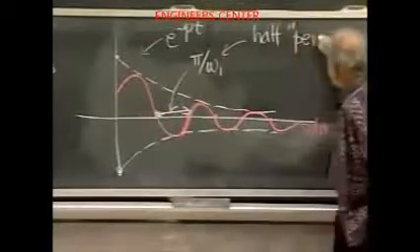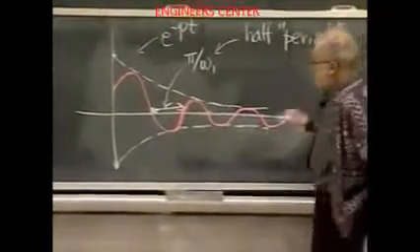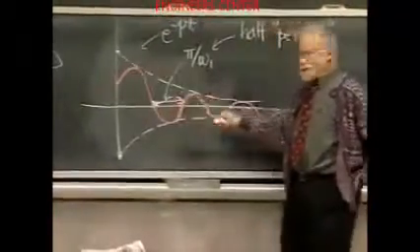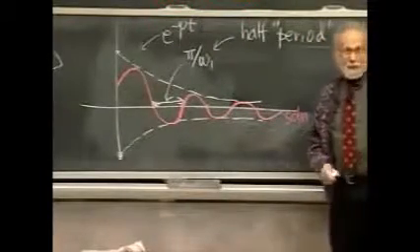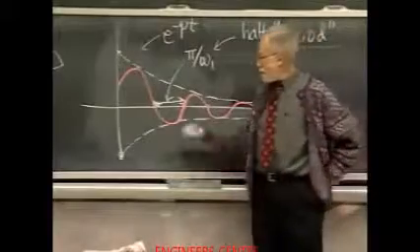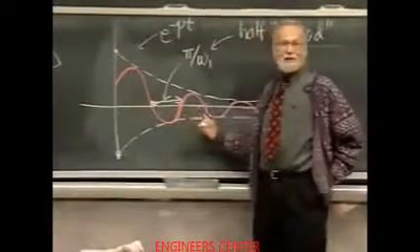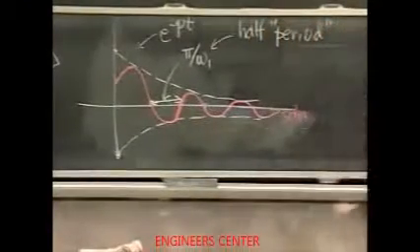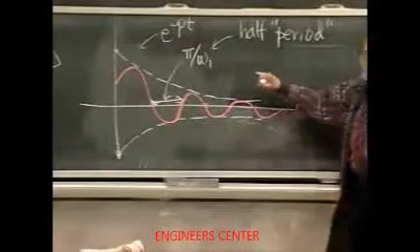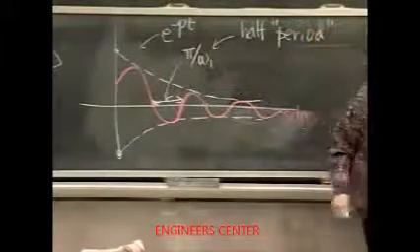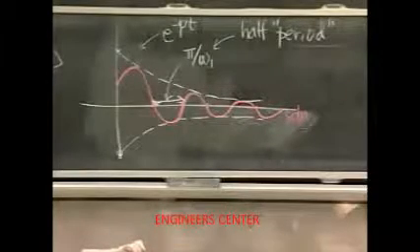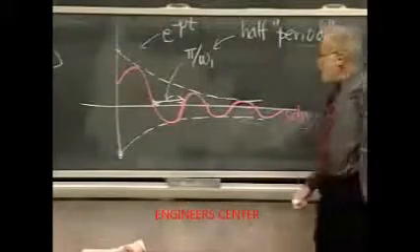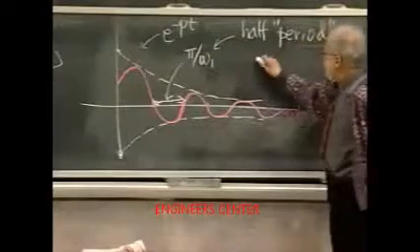I'll put period in quotation marks because this isn't really a periodic function, because it's decreasing all the time in amplitude, but it's trying to be periodic. At least it's doing something periodically. It's crossing the axis periodically. So this is the half period. 2 pi over omega 1 would be its full period. What I want to know is, how does that half period, or how does